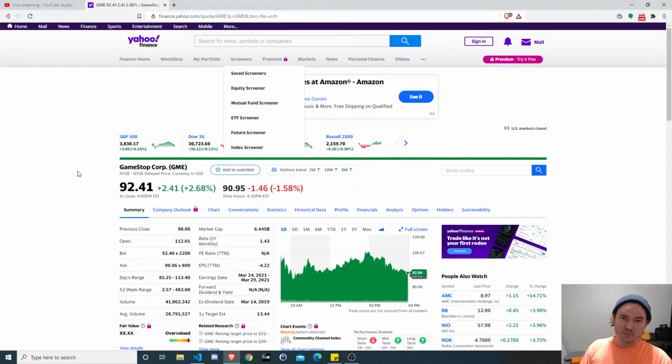Anyway, it was identified by a bunch of Redditors on a subreddit called Wall Street Bets, and they did what's called a squeeze, where they all bought the stock, which made the price go up. Therefore, these hedge funds started losing money, and that forced many of them to buy back, which of course, more buying equals higher price, which makes everyone else have to buy back, and the cycle repeats. So it's been ongoing. A lot more has been going on than what I just explained.